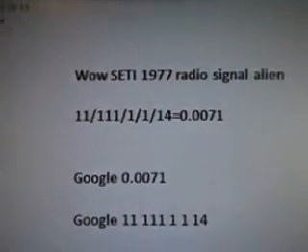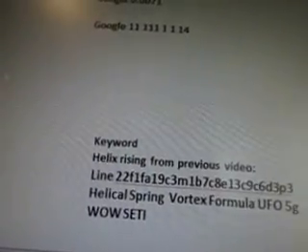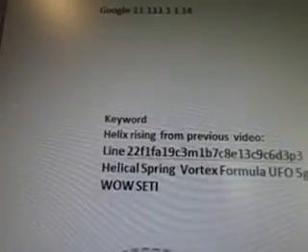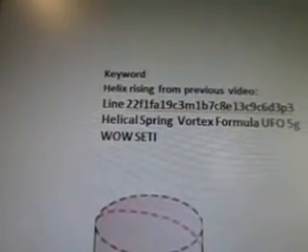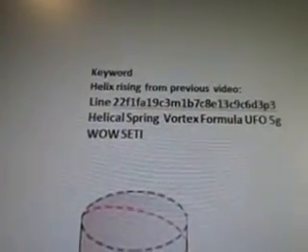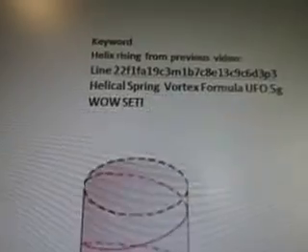Here's our alien radio signal. This is research for the UFO structure. Keywords: helix curves, designs for the core from the Wow signal. Keyword lab space will be in the next video. So the keywords: helix rising from a previous video of line